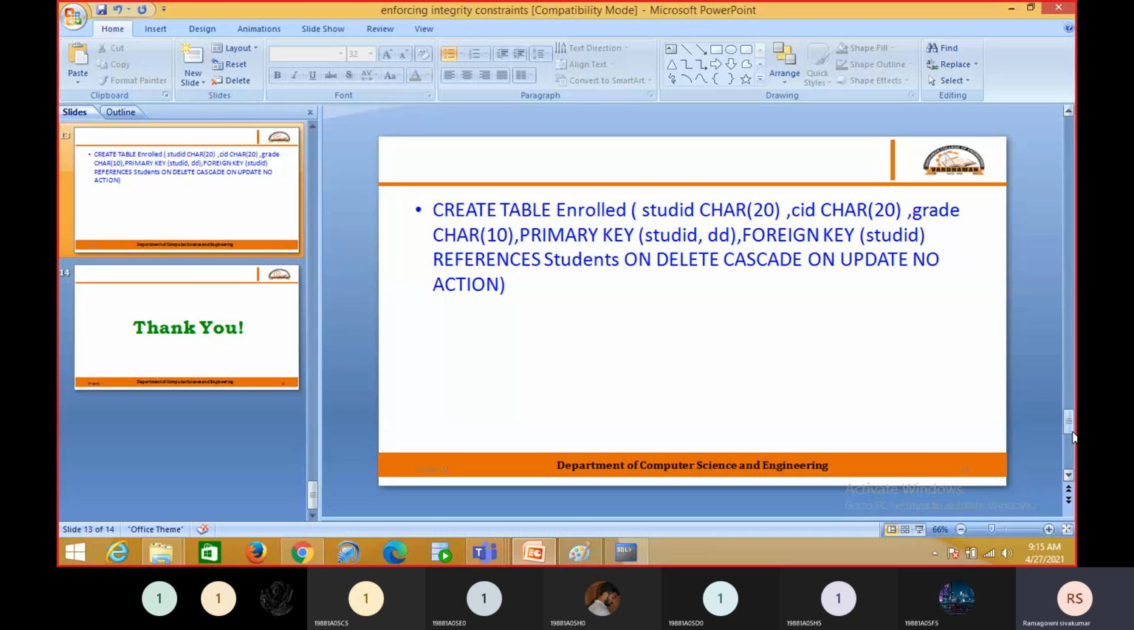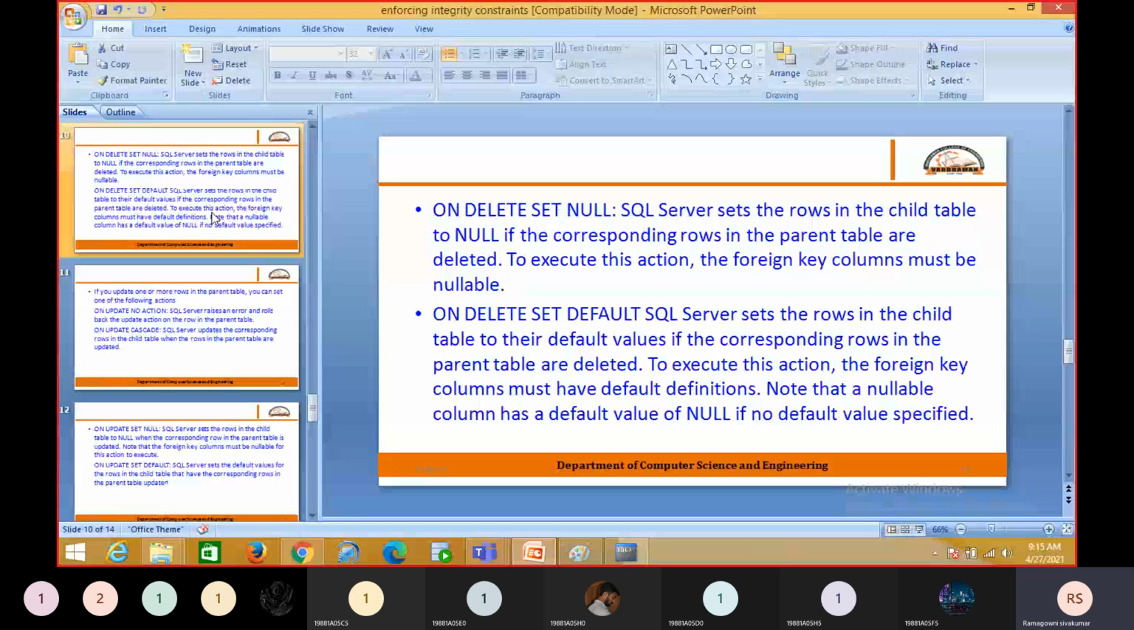So if one student ID is deleted from the parent table, that SID data should be deleted from all other tables. That's what I am trying to do here. See the example, then you can understand. For doing that, we have the cascading concept. See here,